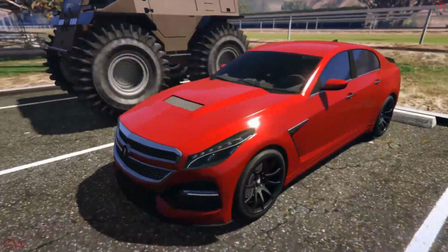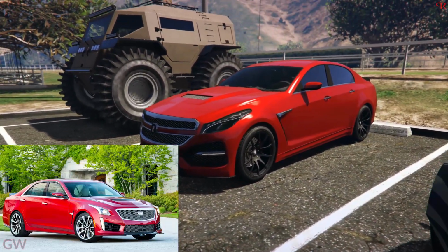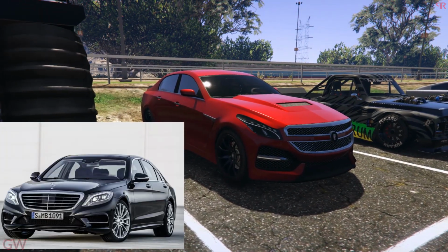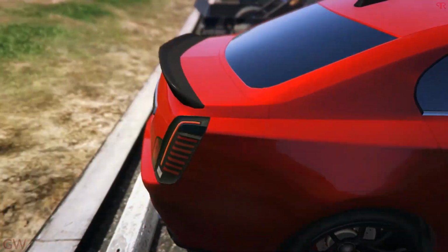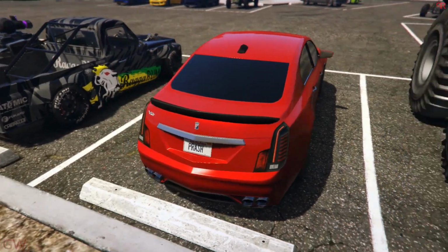Up next is the Albany VSTR. This vehicle is based off the Cadillac CTS-V in real life. At first I was kind of confused with the front headlights and the grille. I thought it was the Mercedes S-Class, but after a walk around, it makes it clear that this is the CTS-V. The side profile, the stock wheels, the rear section, the tail lights,